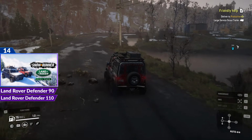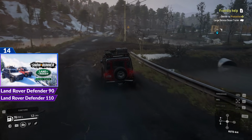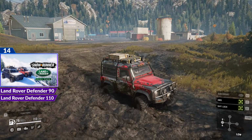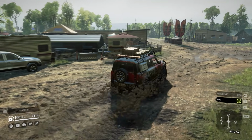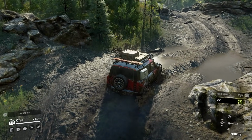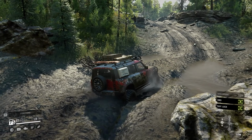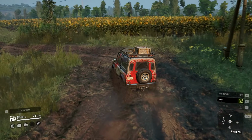So, in my opinion, Scouts are not as useful as actual trucks in SnowRunner. And the two Land Rover cars are awful even among the Scouts in this game. I think like 97% of Scout vehicles in SnowRunner are better than these two. Both of these cars have really small tires. They don't have that much ground clearance. They are some of the worst cars to use for off-roading, and the handling of these two cars is just